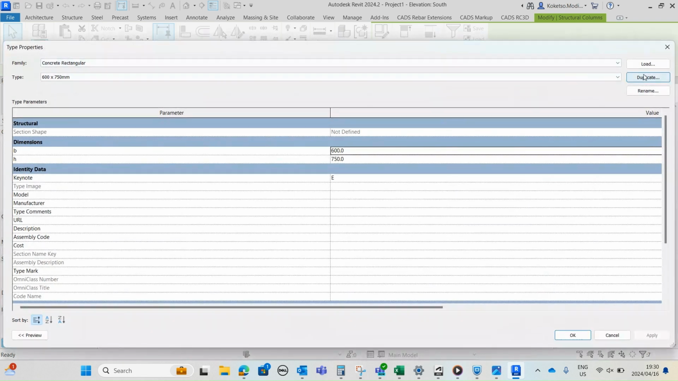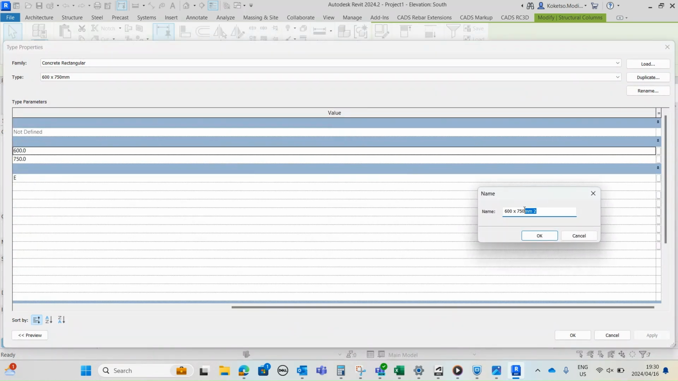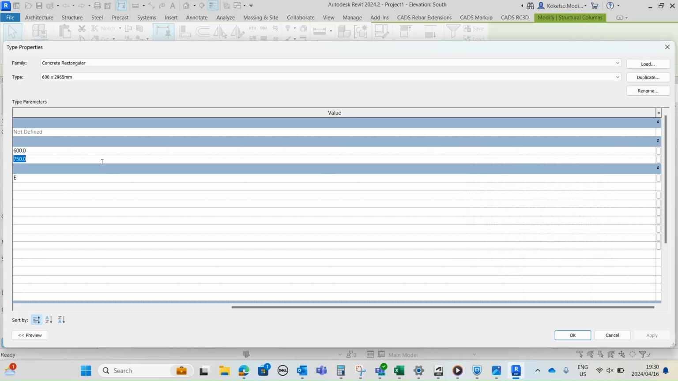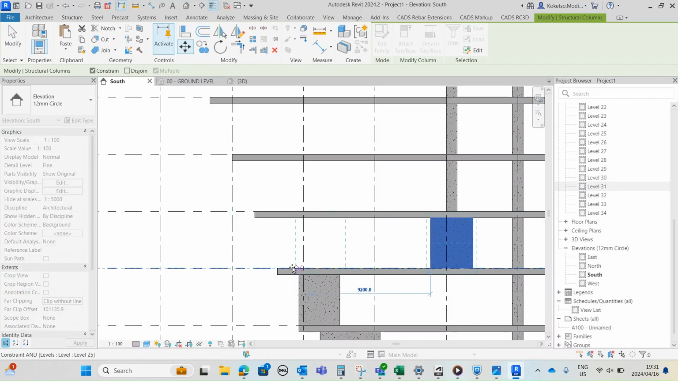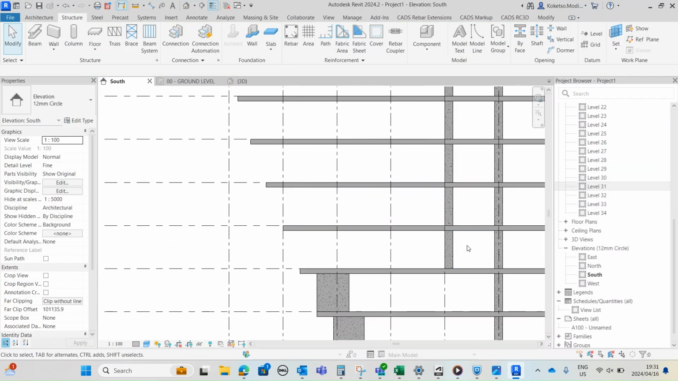Edit type, we are at level 25, so I'm going to say duplicate and then change this one to 2965 millimeters. Say okay, 2965 millimeters, apply. Okay, and then I'm going to move it from this point to this point, and then select